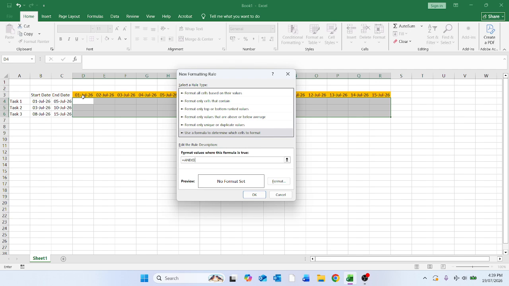The third row is 3. Is greater than or equal to, then we will select the start date, which is B4, comma, then again the start date of the timeline, which is 1st July 26,